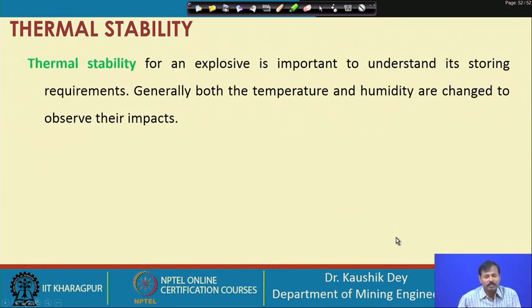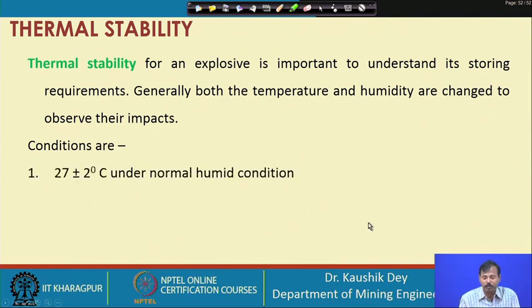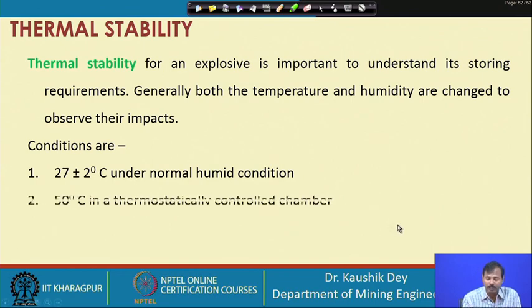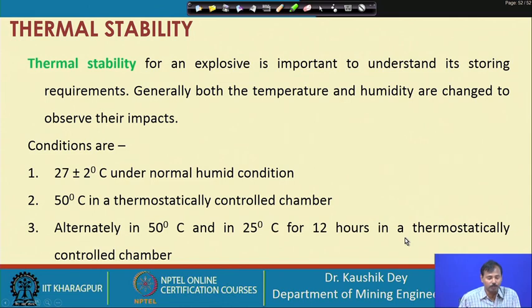So, we should understand the second property, which is thermal stability. Thermal stability for an explosive is important to understand its storing requirement. So, basically it is carried out for the storing requirement. Generally both the temperature and humidity are changed to observe their impact on the stored explosive. So, in this case we change the temperature and the humidity and see their impact on the stored explosive in different conditions. The first condition is 27 degree plus minus 2 degree centigrade